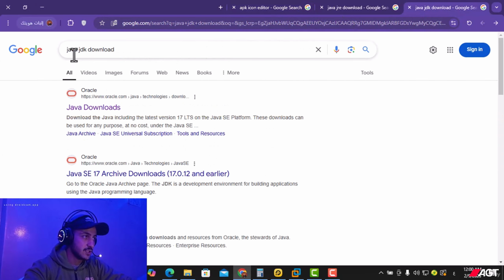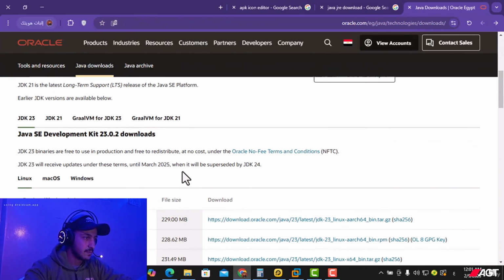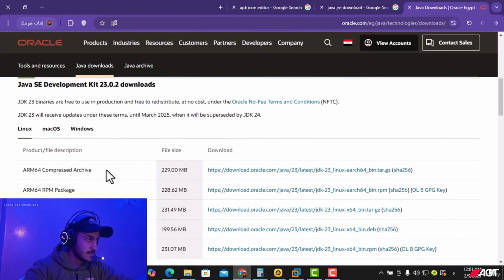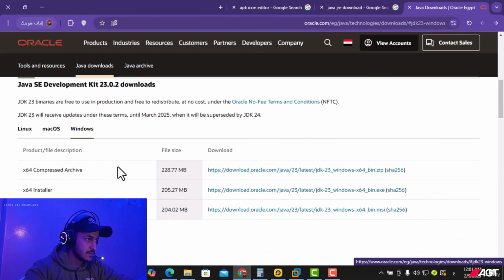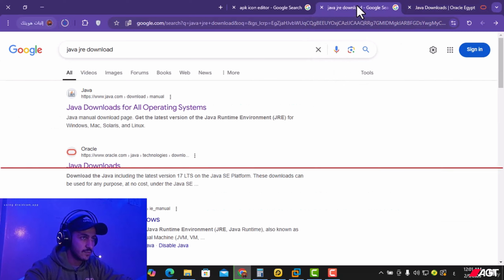Here, Java JDK, download, and scroll down, click Windows, and here click the link. Okay, it starts downloading. Go to the Java JRE downloader